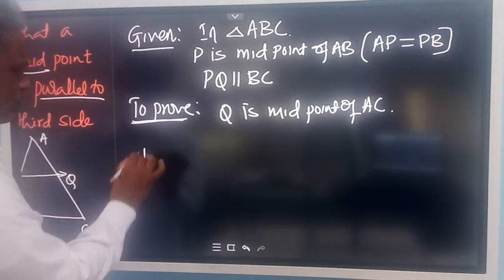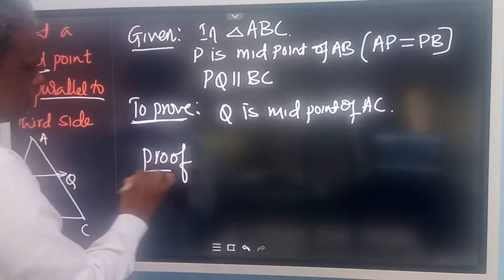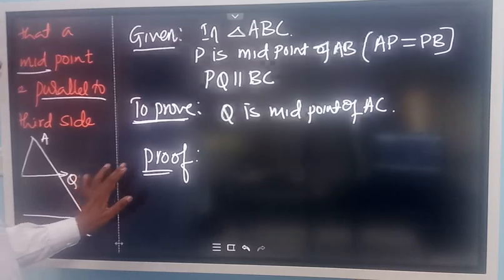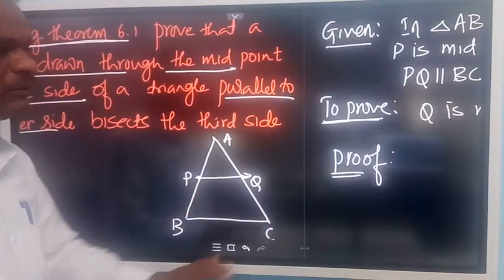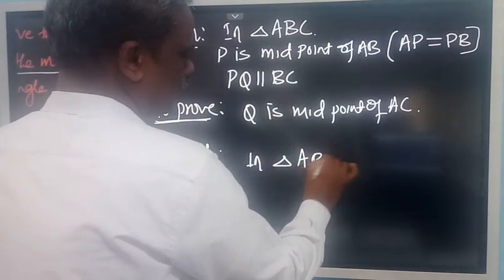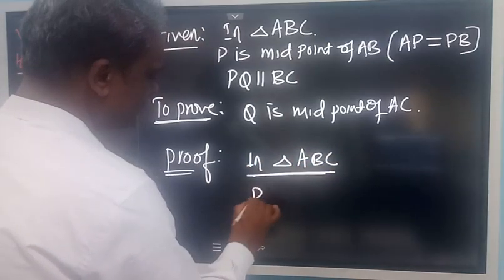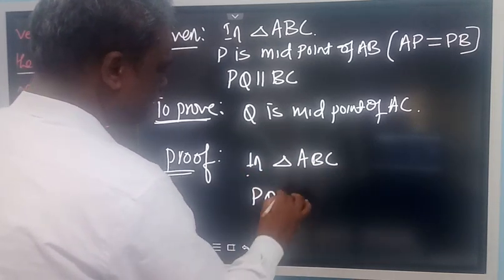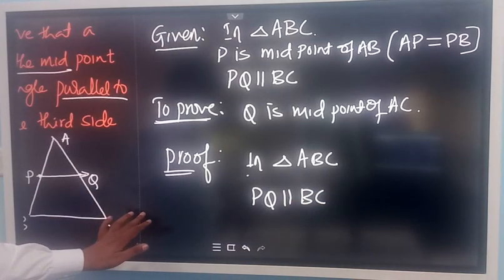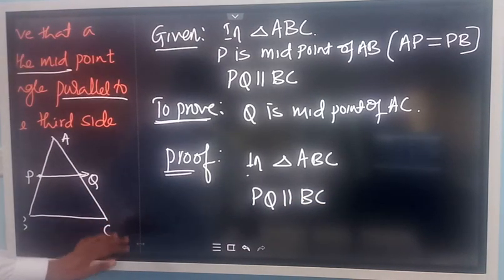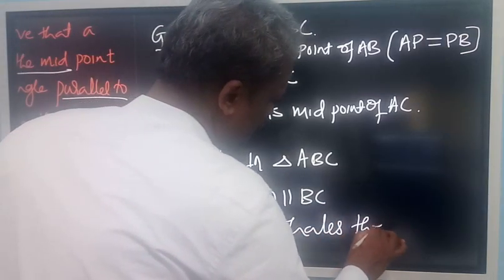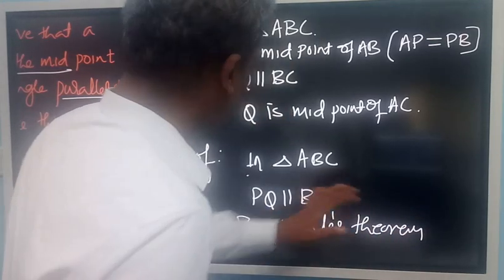So now let us go directly to the proof. In given triangle ABC, look at this, PQ is parallel to BC. So if a line is drawn parallel to one side of a triangle, it will divide the other two sides in the same ratio. So by Thales theorem, we can write,